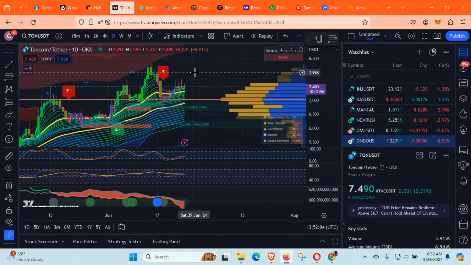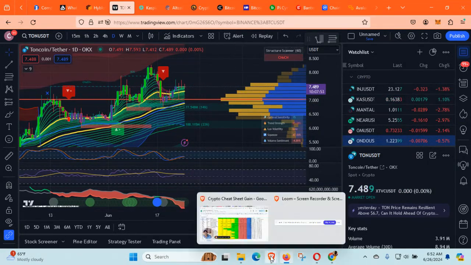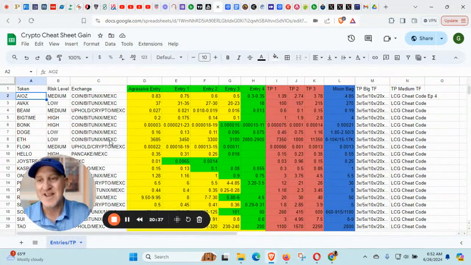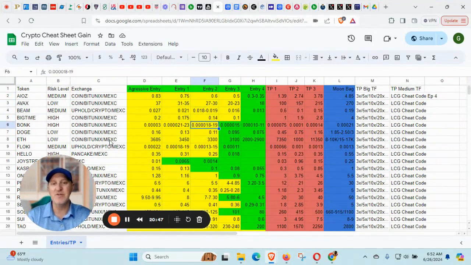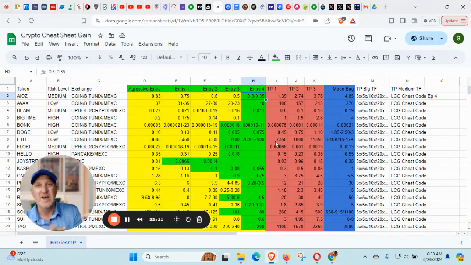So this is why we have our dollar cost average levels in play on the crypto cheat sheet over here to help you with all of this. So if you're in the crypto cheat sheet right now and you're looking and saying, what should I do? Look at all these coins and look at where they are currently and see if there are any buys. So your entry 2 might be the first entry, or maybe we're at entry 3, and that might be your first entry. Again, you just have to work out strategically where each of these coins are, what your coin list is going to be, and how much budget you have for each coin, okay?